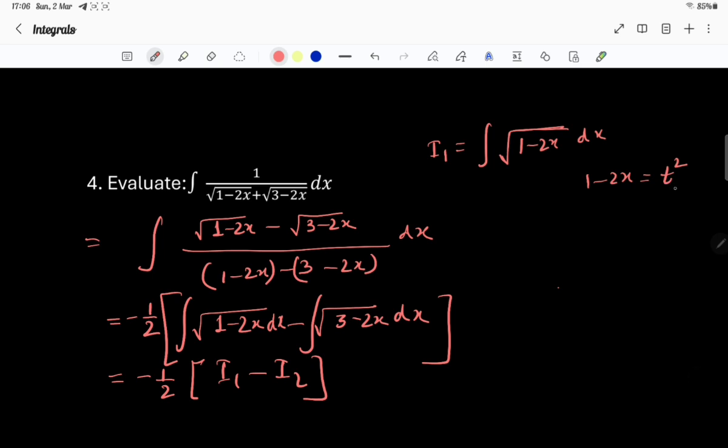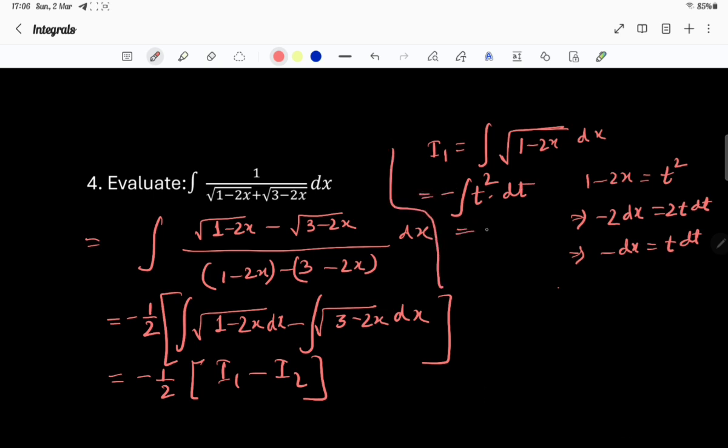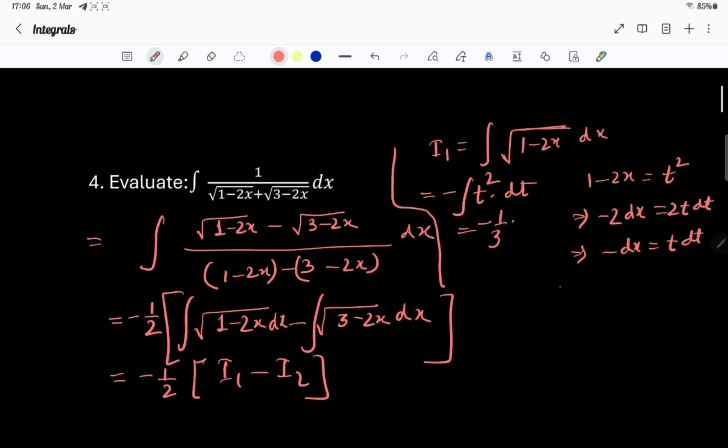সাবস্টিটিউশন মেথডকে ভালো মতো বুঝতে হবে। t স্কোয়ার ধরলাম, তাহলে -2 dx ইজ ইকুয়ালস টু 2t dt। Clear? -2 dx, so it is coming minus dx equals to t dt. So dx is coming, so what will come, t into dx is t dt, so t square dt and minus sign is coming outside. Okay, so basically it is coming minus t cube by 3, that means minus 1/3 t cube. t cube মানে কি, t যদি স্কোয়ার রুট অফ 1 - 2x হয়, কিউব হবে 1 - 2x টু দি পাওয়ার 3/2। ক্লিয়ার? বুঝতে পারলি, প্লাস c1।